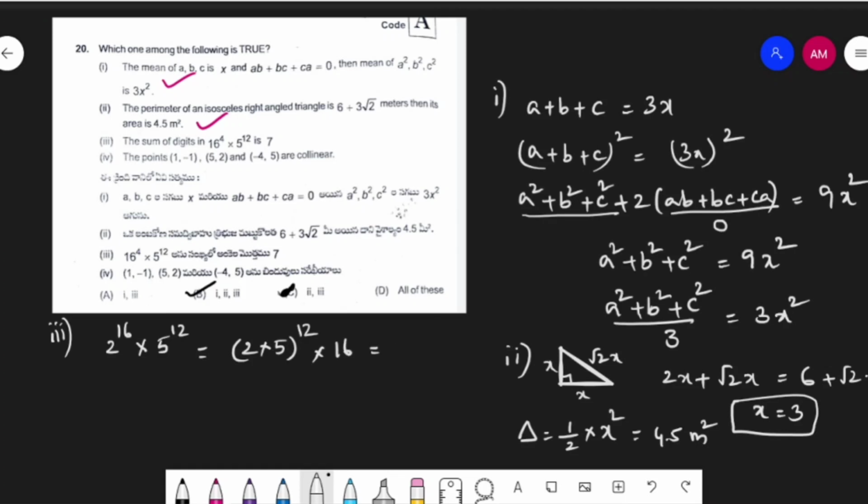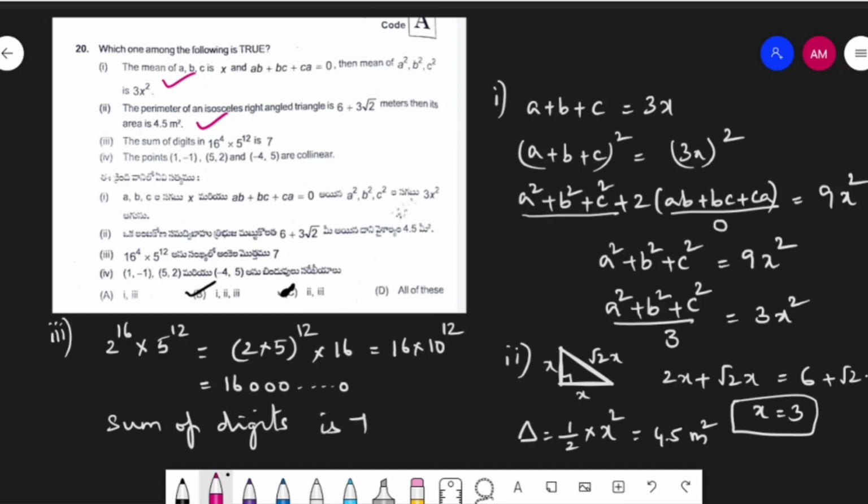So that is equal to 16 into 10 power 12. So this will be 16, 0, 0, 0, 1, 6, 0, 0, 0, 0, and so on 0. We will have 12 zeros after 16. So what is the sum of all the digits in this one? 1 plus 6 plus 0 plus 0 plus so on. So the sum of digits in the above number is 7.